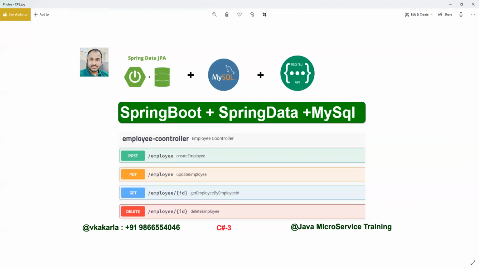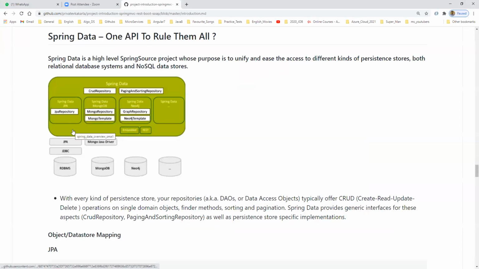So coming to Spring Data, let me open that. What is this Spring Data? The Spring people provided Spring Data. On top of every database, they created a wrapper called a repository. One is the CRUD repository, and one is the pagination and sorting repository.